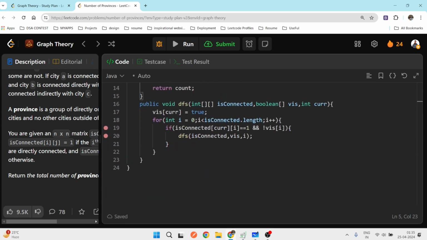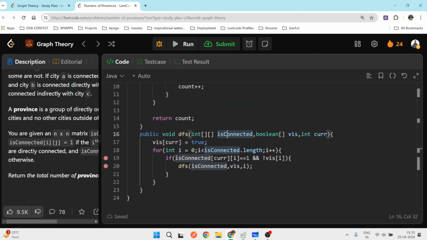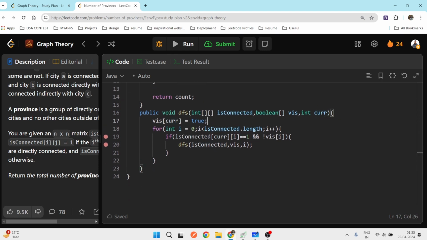Then we check the DFS function. We take isConnected, meaning our graph, our boolean visited array, and the current node. Initially we mark the current node visited.